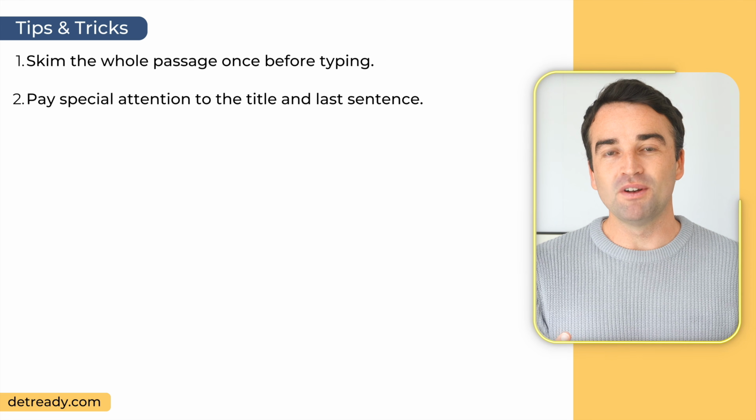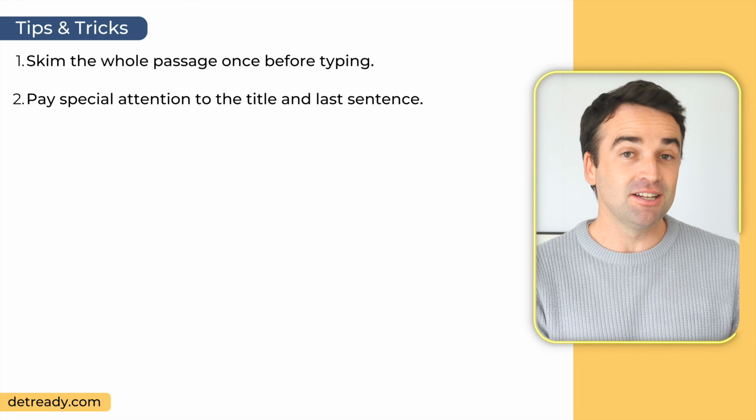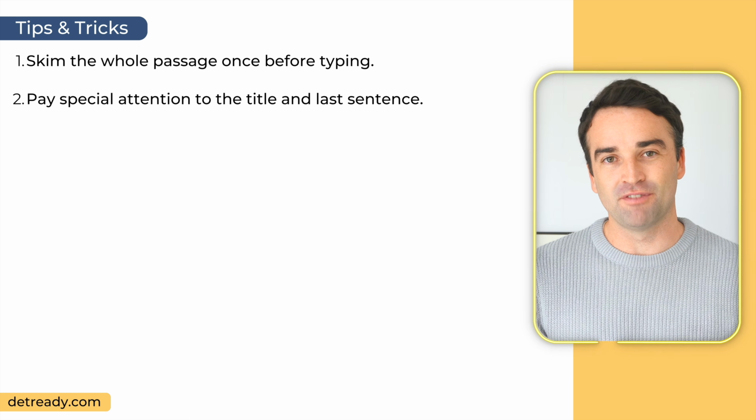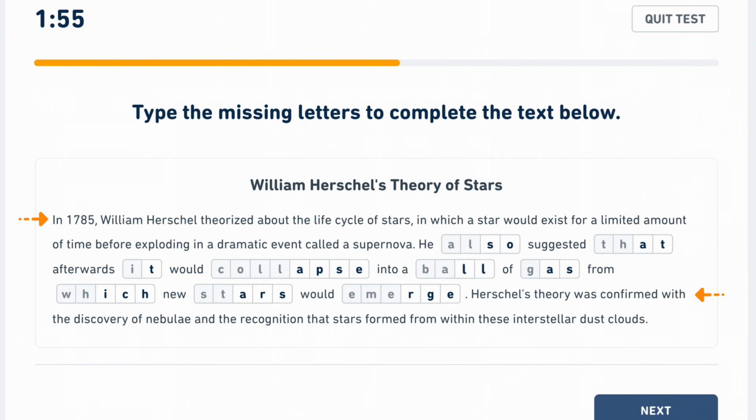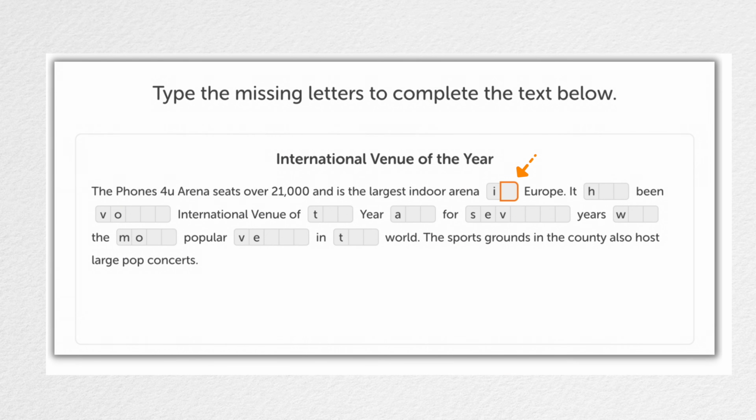Once you've skimmed, I then want you to focus very carefully on the title, the first and the last sentences of the passage. The title is of course important because it will tell you what the passage is about, and the first and last sentences are normally complete, meaning they don't have any incomplete words. Now, actually, this is not always true. Sometimes the first sentence will have 1 or 2 missing words, but mostly the first and last sentences will be complete. And by paying special attention to these first and last sentences, you'll get a really good understanding of the context of the passage, which will activate your vocabulary and allow you to complete the passage much easier.